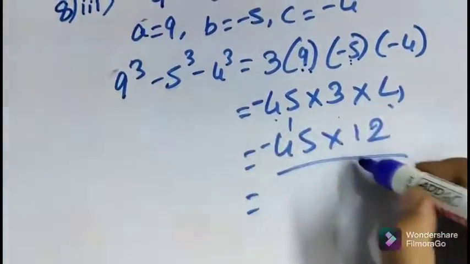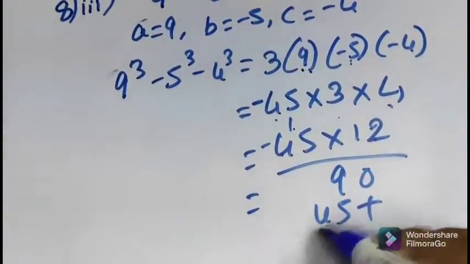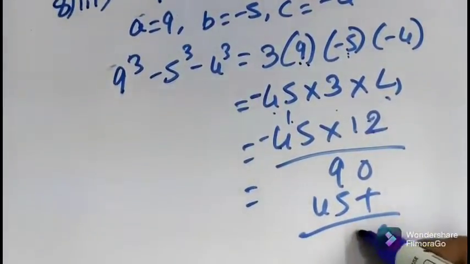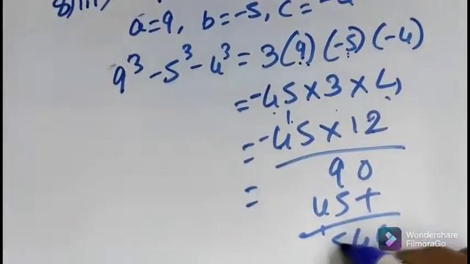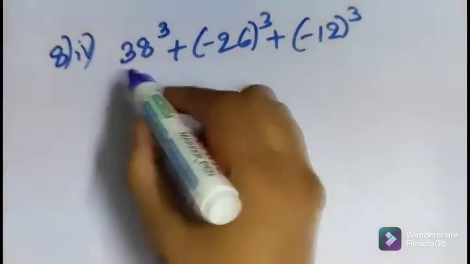So let's do this now. 2 5s are 10, 2 4s are 8 plus 1 is 9 plus 45. The answer we get is 0, 4 and 5. 540 is the answer. Let's do this 8th main fourth question here.